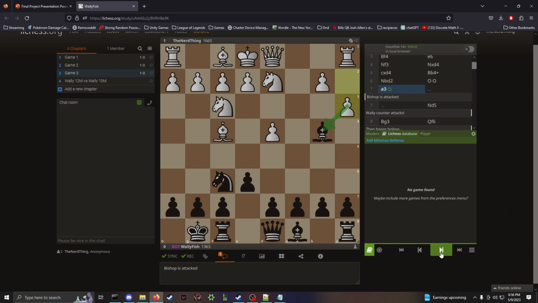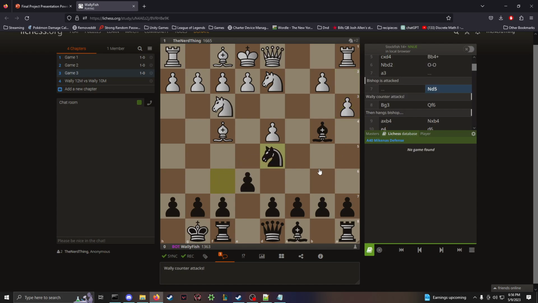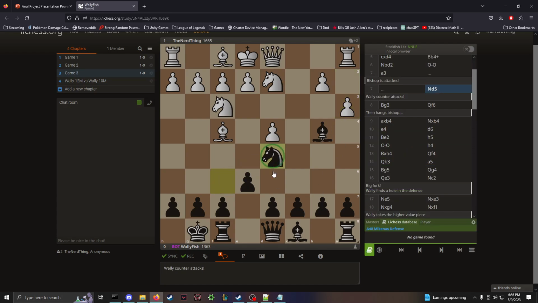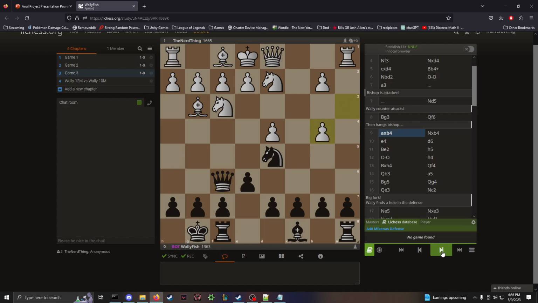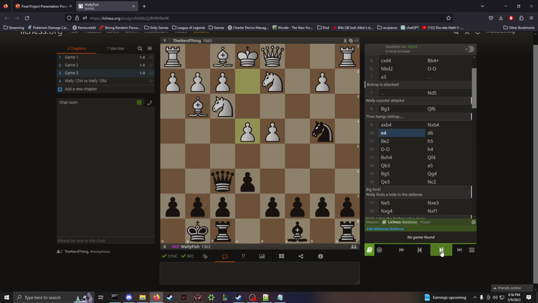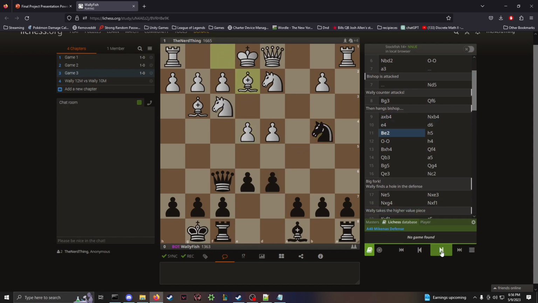Wally's going to find a really cool idea called a counterattack, where instead of defending or moving the bishop back, it's going to put its knight here, attacking my own bishop that's undefended. But then I'm going to move my bishop away, and Wally's going to let me capture the bishop, unfortunately. I got really excited when I played the knight d5, and then I lost my enthusiasm when it just let the bishop die. But Wally does pick up the free pieces, and then